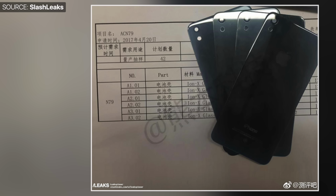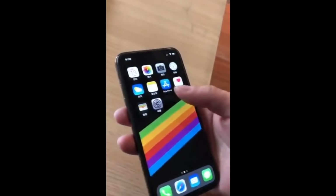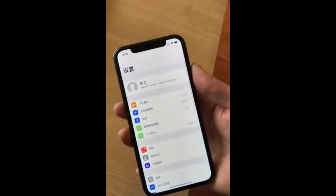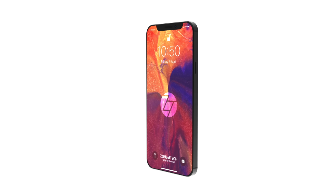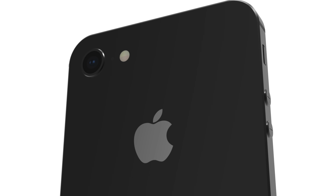So an iPhone X front with a squared off frame, so similar to the original iPhone SE, and then also a glass back for wireless charging. This is the one that we've seen videos of, photos of, and yeah, this is by far the most interesting and exciting one. So yeah, option number 3 looks like something Apple would want to do the most out of those three, since we would be getting an updated iPhone X design with Face ID on the front, wireless charging,